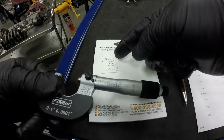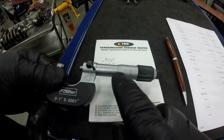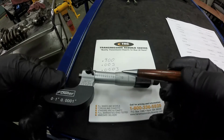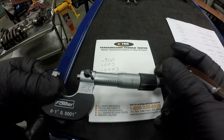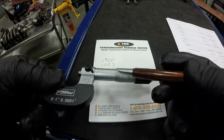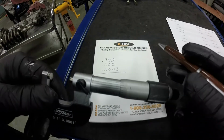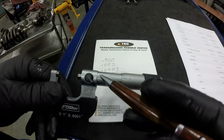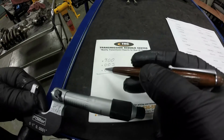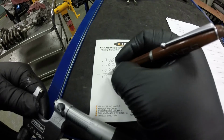And so 0.0900. Then the next number was 0.003. So if we look up here, we had one. Let me point with this so you can see better. So you've got 1, 2, 3. This one was down just below, so it was right about there. So we have 1, 2, 3 below this line here. So that's 0.003. And then the last one, the one that was lined up, was this 3 over here, lined up just perfectly like it is now. So that would give us 0.0003. So if we add those numbers up, we have